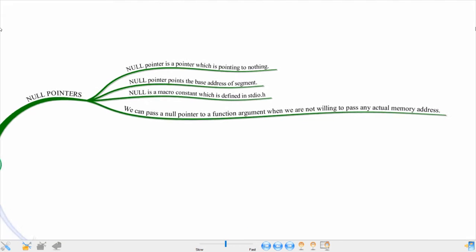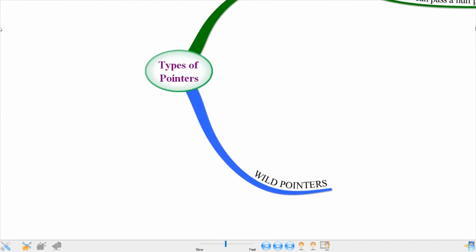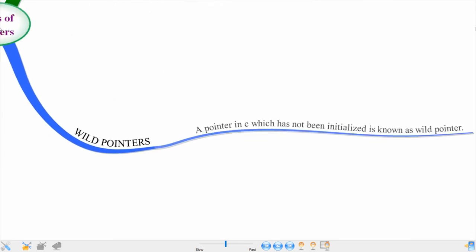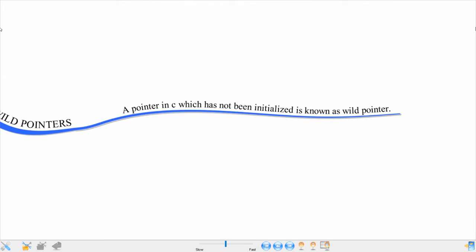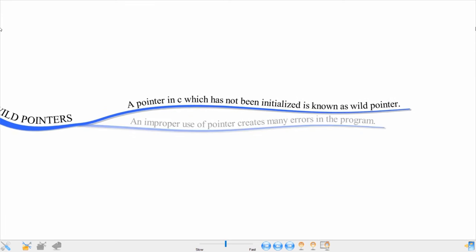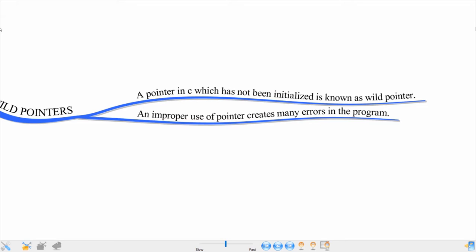The second type of pointer is known as a wild pointer. What is a wild pointer? A pointer in C which has not been initialized is known as a wild pointer. Whenever you declare a pointer but do not assign any address to it, it is known as a wild pointer. Improper use of pointers creates many errors in the program.